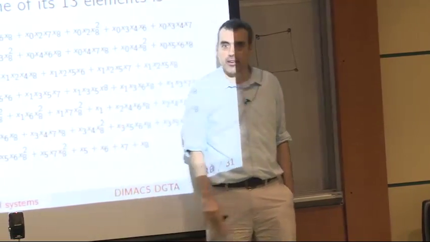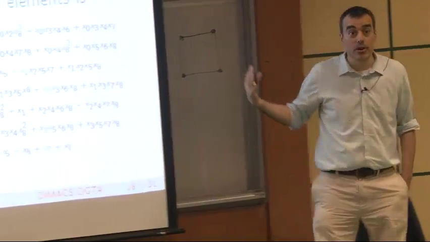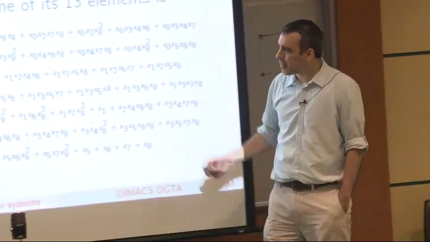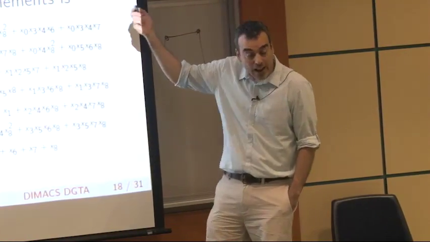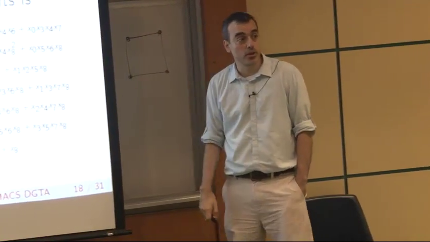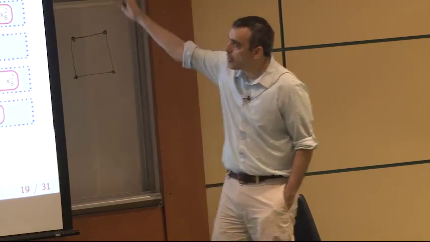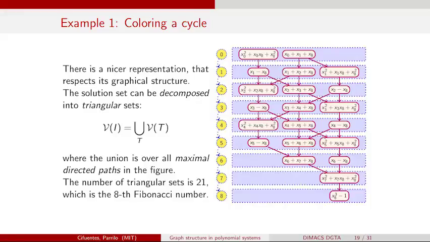I have squares in there. It's not very interpretable, right? What exactly is happening in here? And I claim, and we're going to formalize this in just a second, that there's a nicer description, at least for this example, we'll see how it generalizes, of all the possible colorings of this graph. And let me describe it in terms of the following data structure.